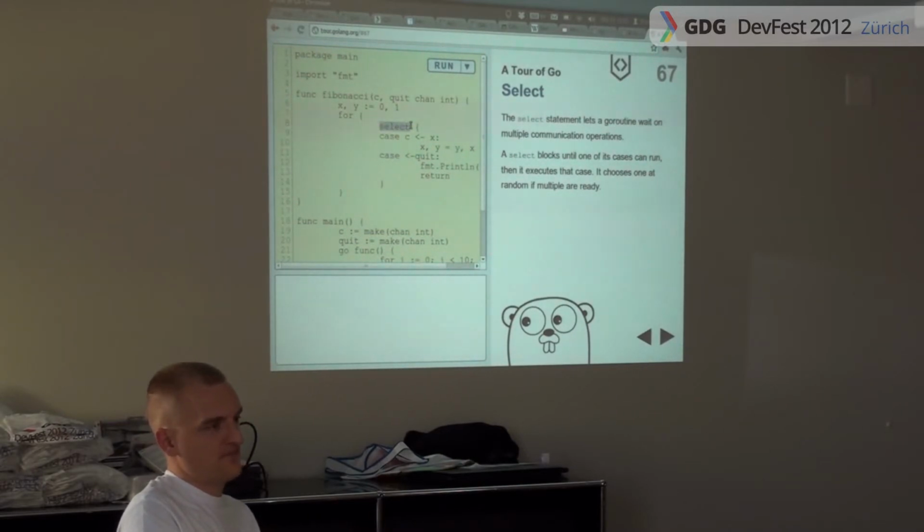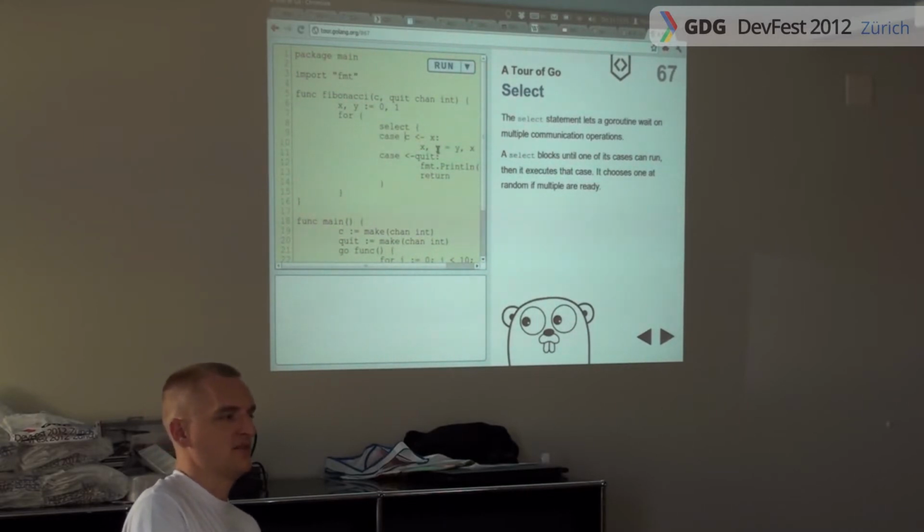Is there a function that tells you if there's data available on channel 3? No, you have to read it. There's a way to check if a channel is closed. But if it's a buffered channel, you can read its capacity, but whether there's something in it, you have to read. So yeah, here we just look at each of the channels, which one has a value, and then we